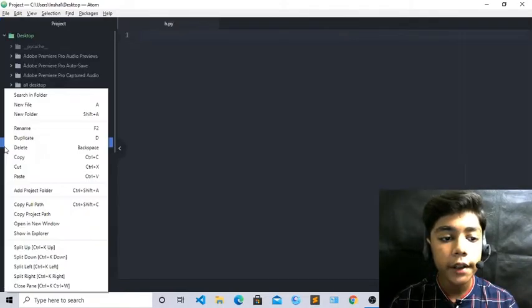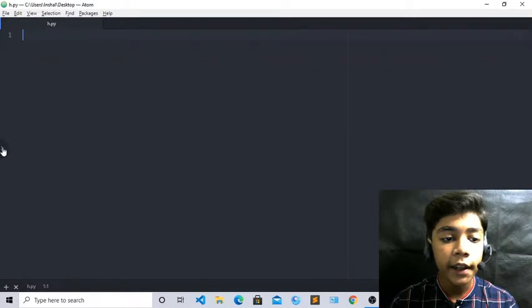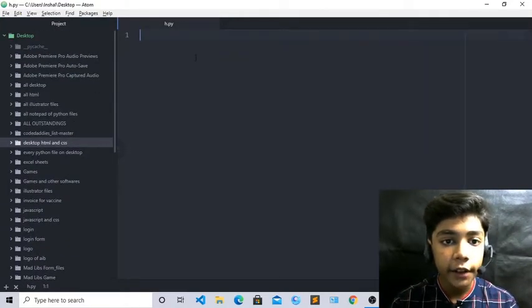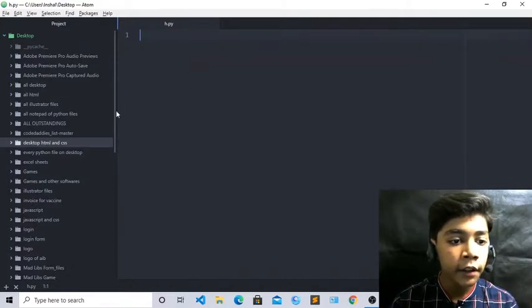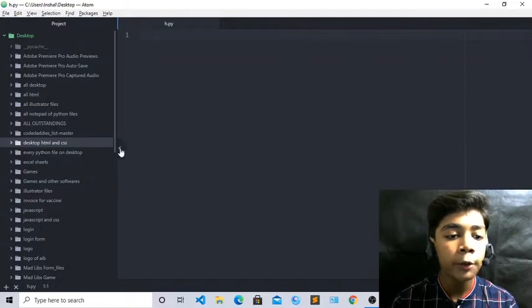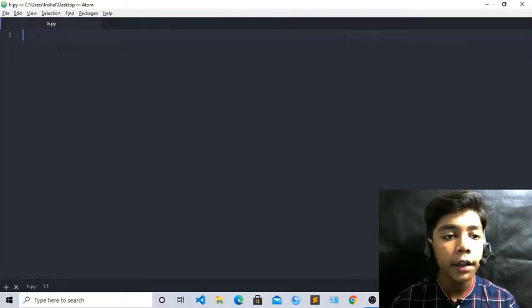And there is also another option from which you can take any folder on your computer. If you drag it into your Atom text editor, the files which are in your folder will automatically come, okay? I hope you understand that. Now just close it. Now we will work with our text editor.